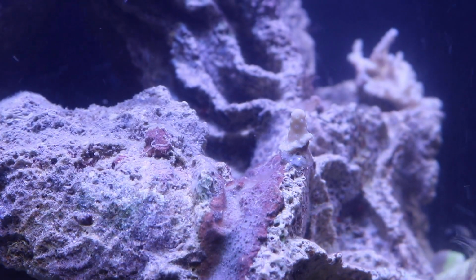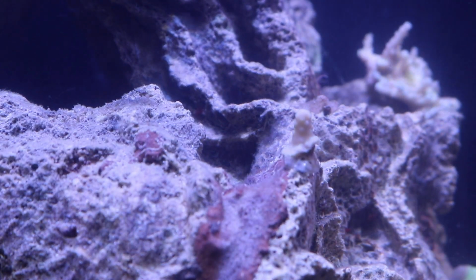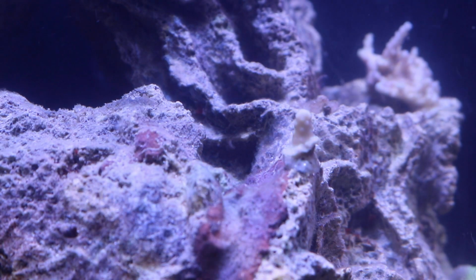It's because if you look at this rock, it has a little bit of algae on it, just a little bit, and that tells me that the algae was growing on the glass, but not on the rock, because that rock is healthy. That is really healthy live rock, and it's got a lot of bacteria on it that is breaking down and keeping that slime coat on that rock. And number 2, because my snails are doing a good job, and number 3, because there are also